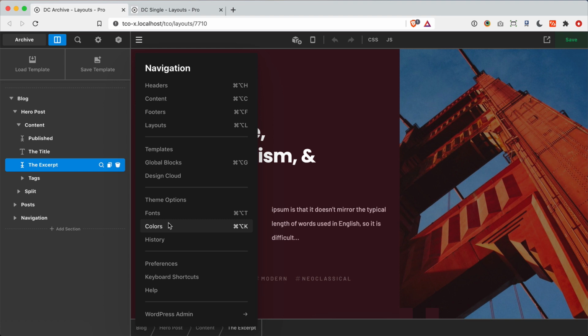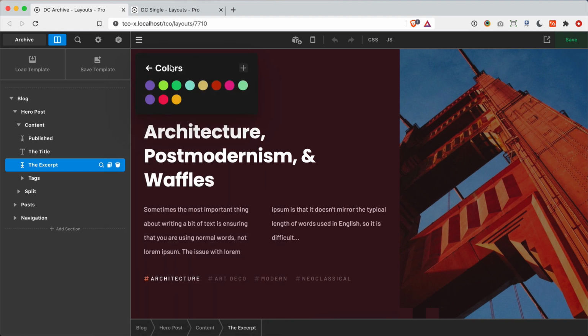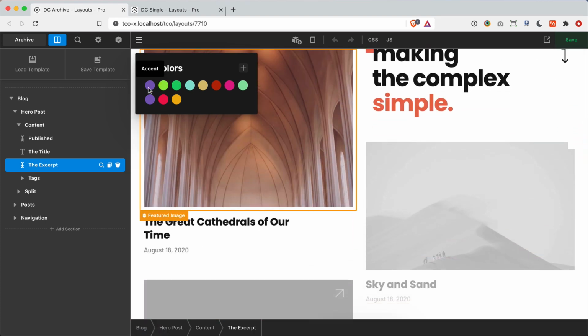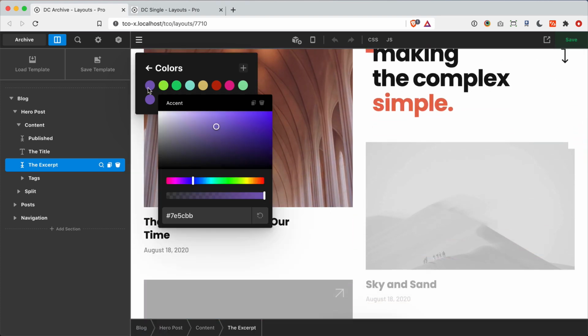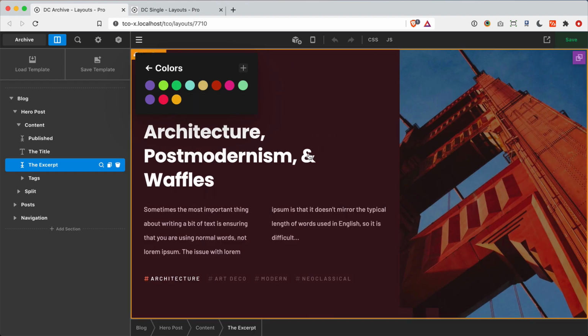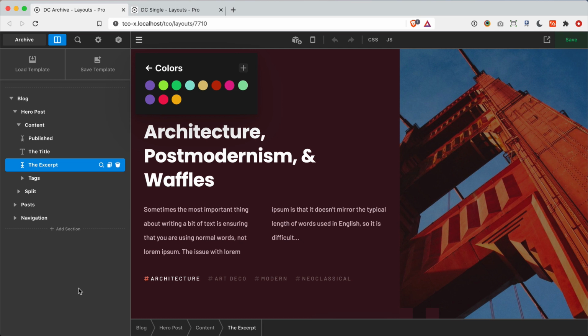So we really took some time to see how we could improve a lot of those little micro workflows as well. And colors is a really cool example. So if I come here and click on colors, you'll see a tiny palette pop up right here. I've got some things that I've been working on here on my page, and as I'm scrolling through the page, I could come through and pick any of these colors, update that value, and we'll see things change live on the page,